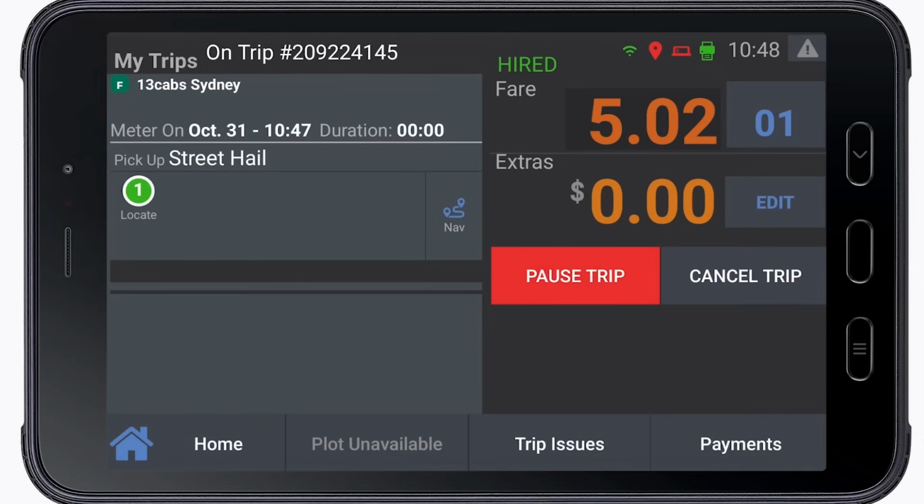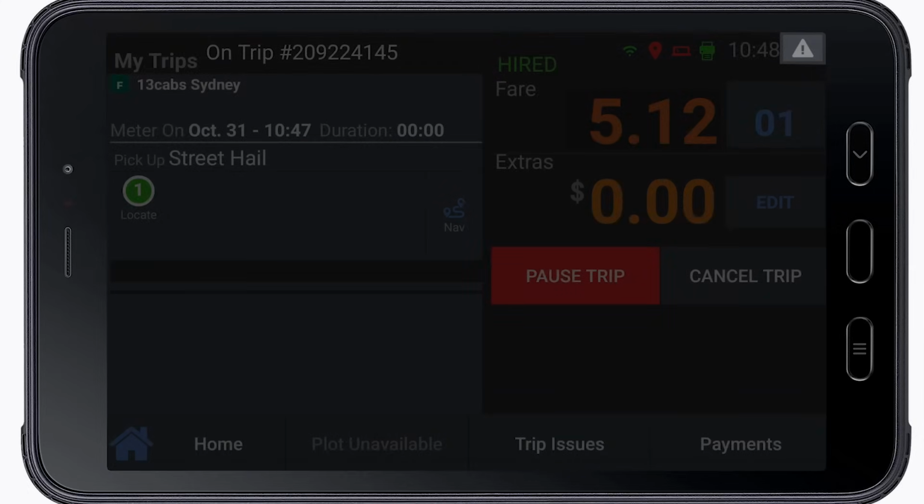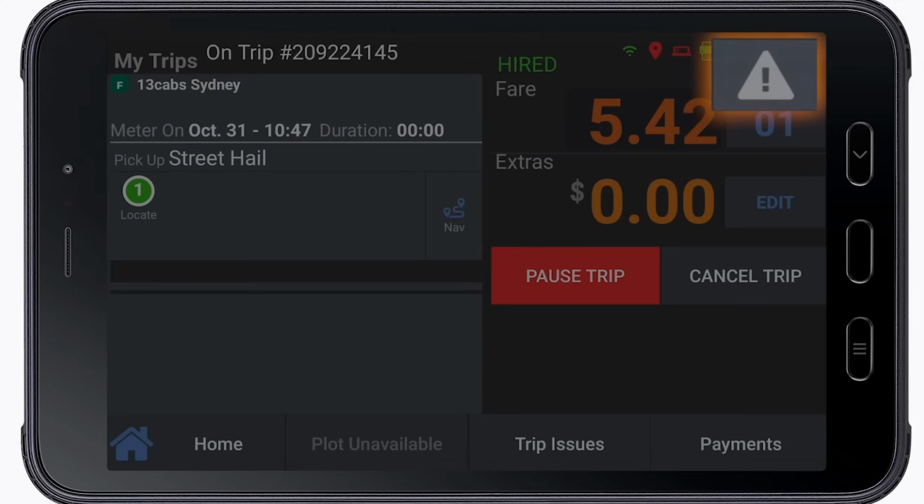In the event that you require emergency assistance, you'll find the M13 duress alarm on the top right of the screen. It's the small triangle button and will only work if you are logged in and using the MTI driver app on the tablet. There may also be a physical button located under your steering column. Pressing this button will alert the help desk, who will listen in to what is happening in your car. A help desk operator will then attempt to contact you via the tablet and your mobile phone. If you require assistance, they will contact the emergency services to come to your location.